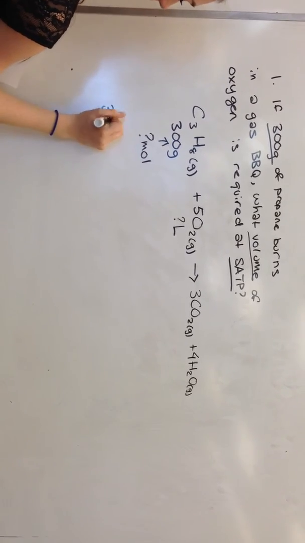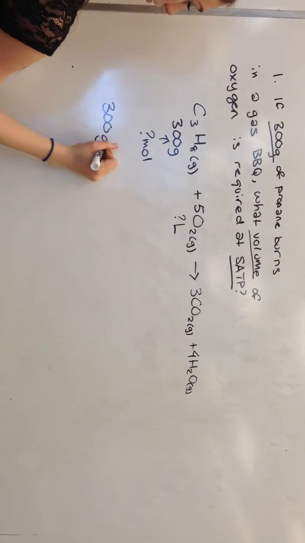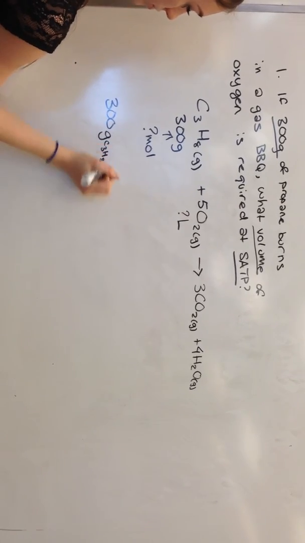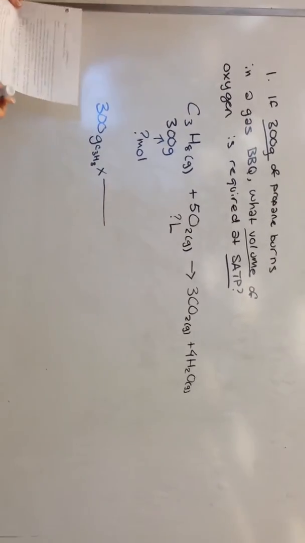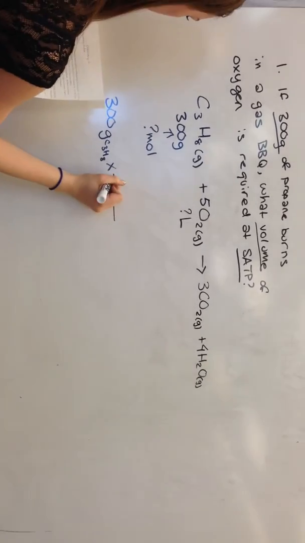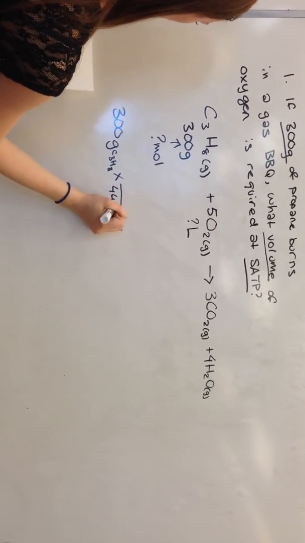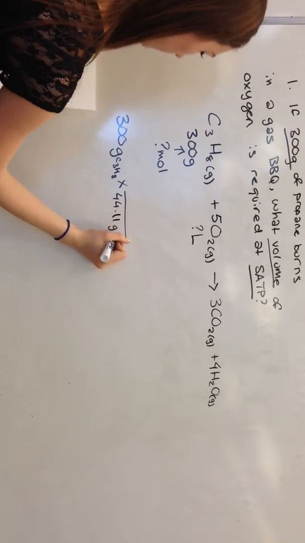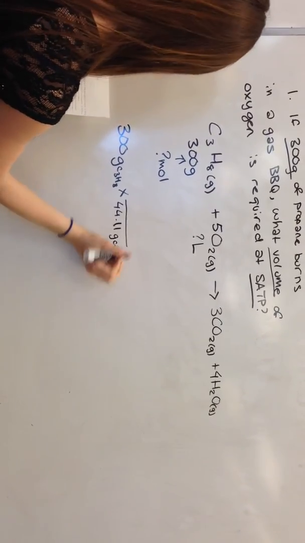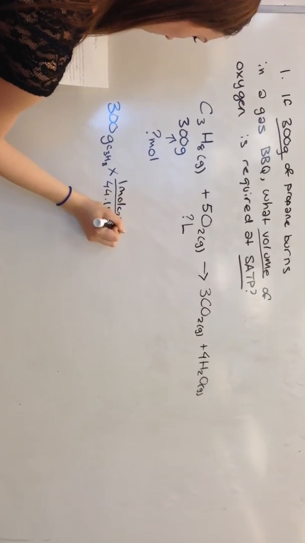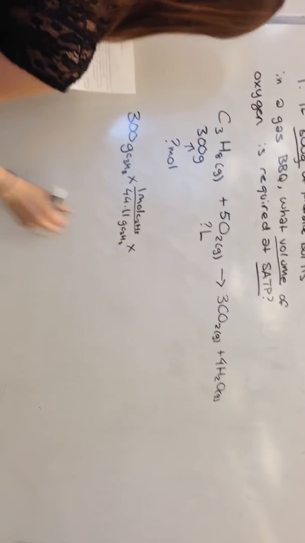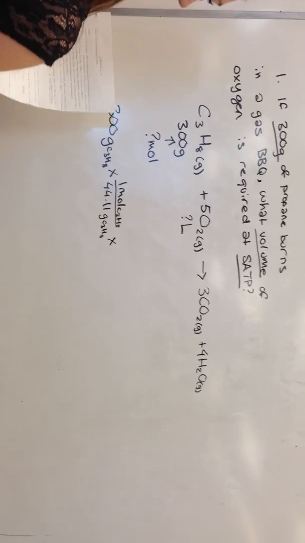So to do that, we start with the amount that we have, which is 300 grams, and then we find the molar mass, which is 44.11 grams for every 1 mole. And then to convert that to